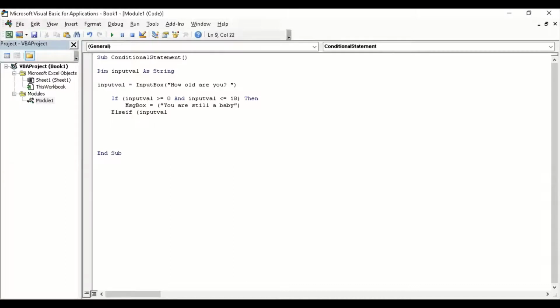val, greater than 18. Why 18? Because of this one. Greater than 18, and you'll be using and again, and input val less than or equal to 30. Okay, then message,